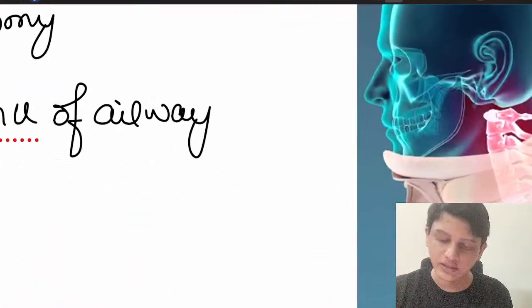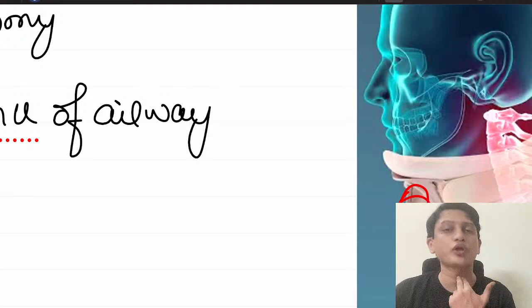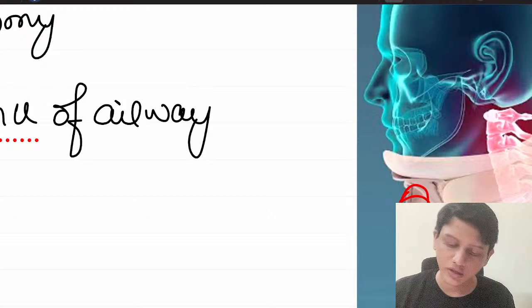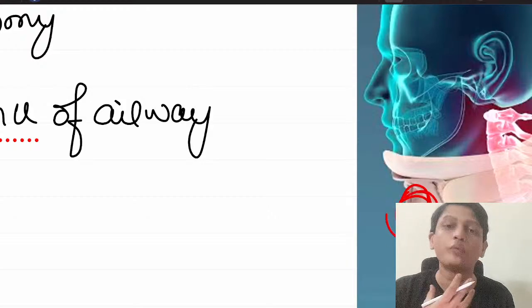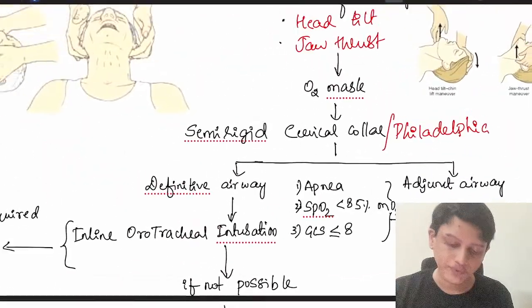See, it will be like this. Along with the collar, there will be a hole in this. If you want to later put a tracheostomy or anything, you can do it with that only. You will not have to remove the collar. So this is a Philadelphia collar, semi-rigid, along with an opening in the neck. You put that, and now